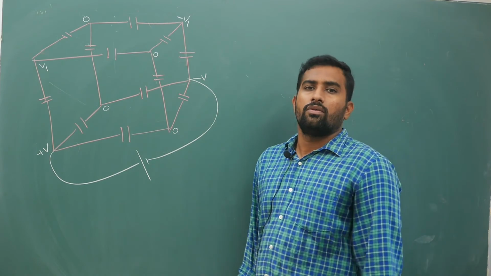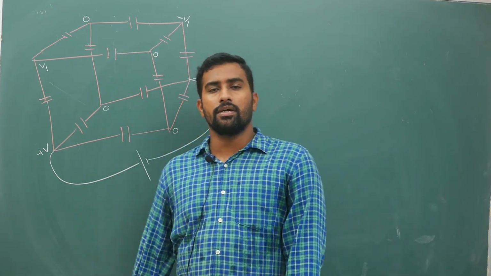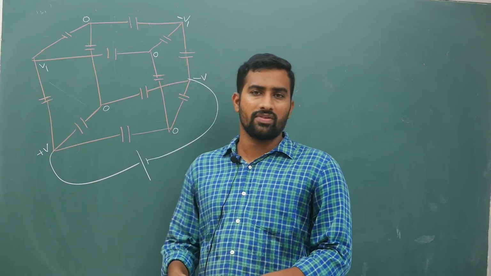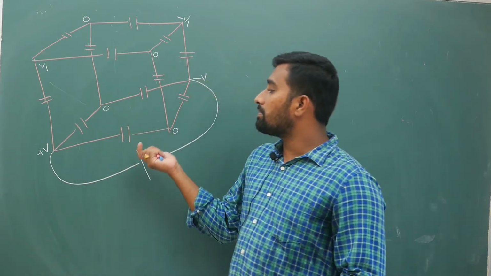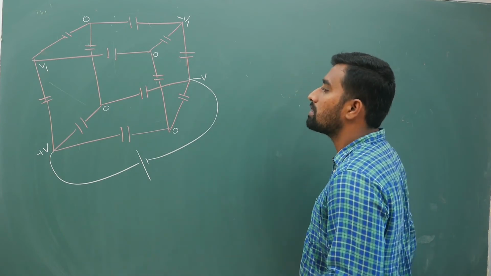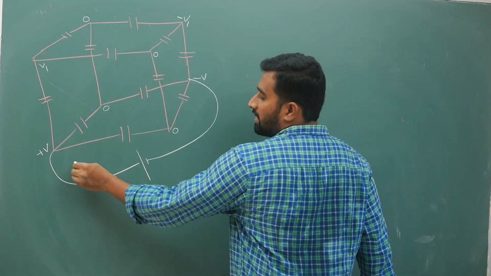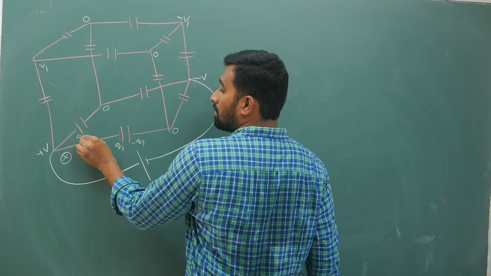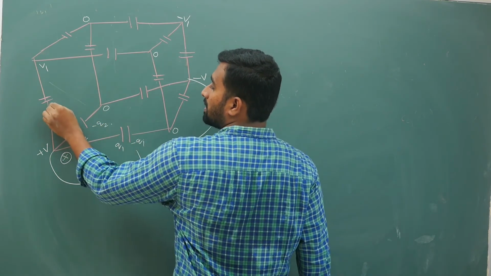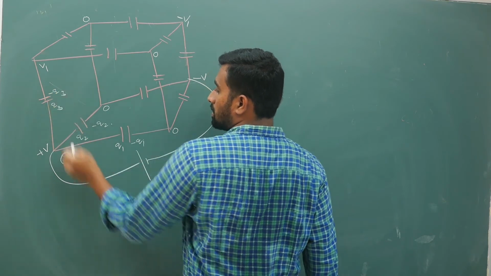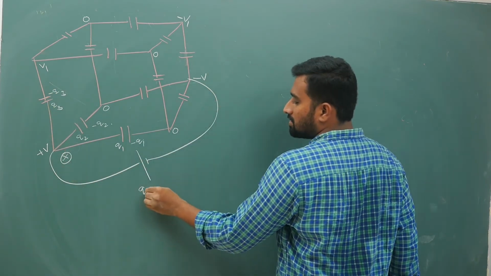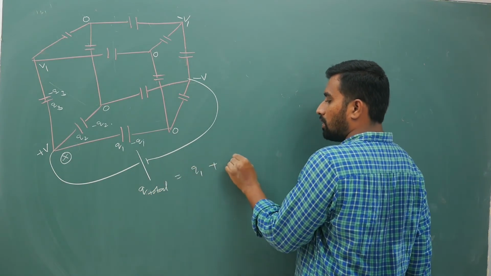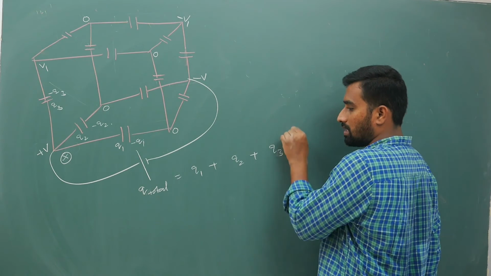Okay, now while explaining current density I also told you about symmetric circuits, that they will overlap, but nothing of that sort is required. Just simply mark the potentials. Now look how simple your answer is. If you take this node as X, and mark charges here plus Q1 minus Q1, plus Q2 minus Q2, plus Q3 minus Q3, then your total charge Q total is Q1 plus Q2 plus Q3.